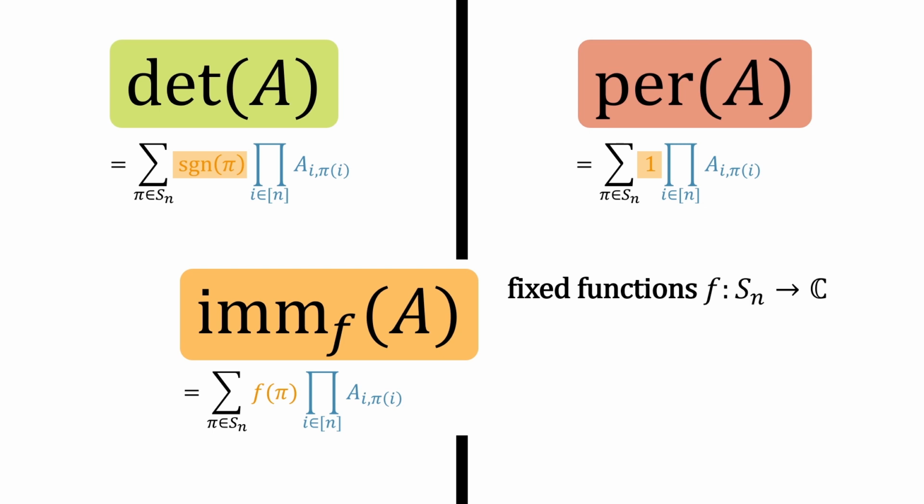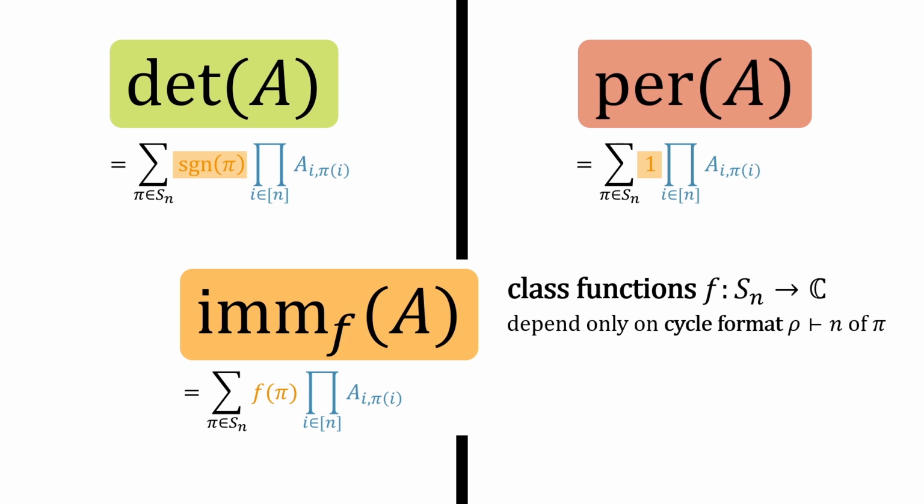This is called the f-immanent. It turns out now that this definition is a bit too permissive, and we want our immanents to behave a bit more nicely. Namely, if we permute the rows and columns of A by the same permutation, then the immanent should not change. This sanity requirement means that we cannot choose arbitrary functions f, but only so-called class functions of Sn. These are those weighting functions that depend only on the cycle format of their input permutation.